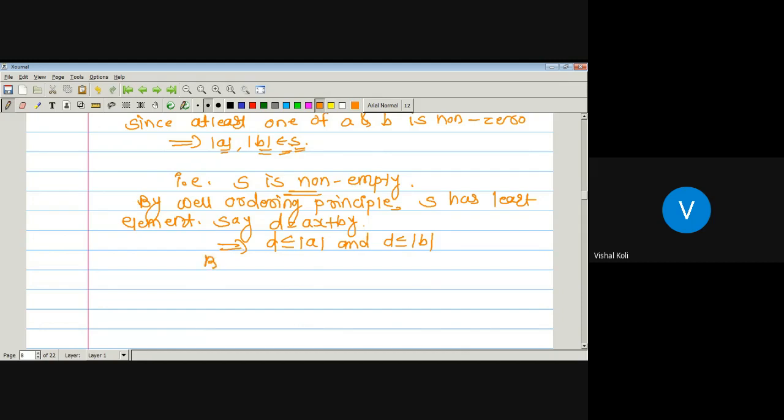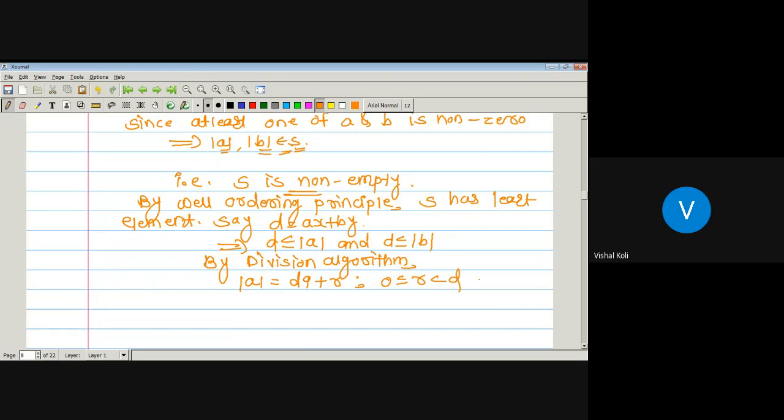Okay, now by the division algorithm. As here d is less than or equal to modulus of a, and what is the division algorithm? If a and b are any two integers, in which b is greater than 0 and a is greater than or equal to b, then a is nothing but b into q plus r. As here modulus of a is greater than or equal to d, we can express modulus of a as a multiple of d plus some remainder. So modulus of a is nothing but d into some q plus r, where 0 is less than or equal to r and r is less than d. Whenever a is equal to bq plus r, the range of r is from 0 to less than b.